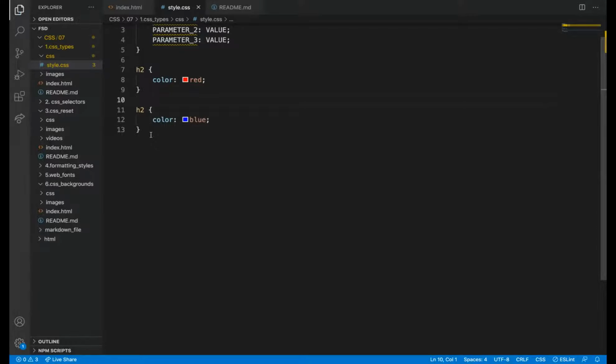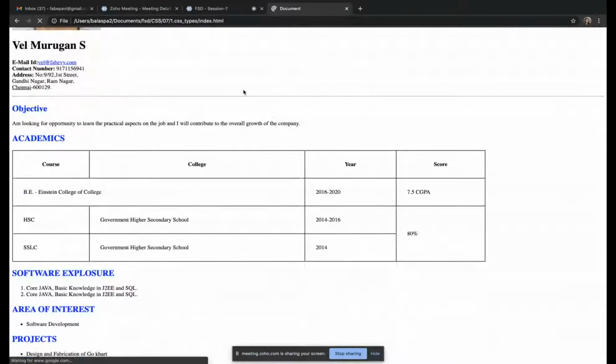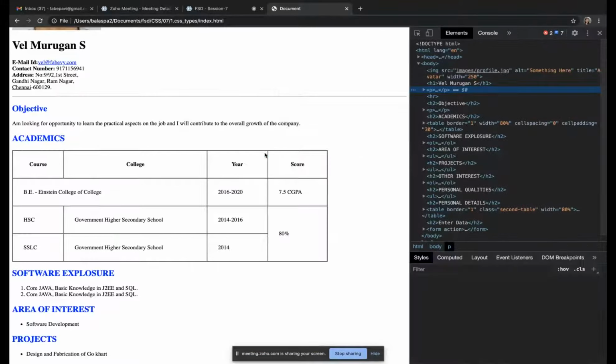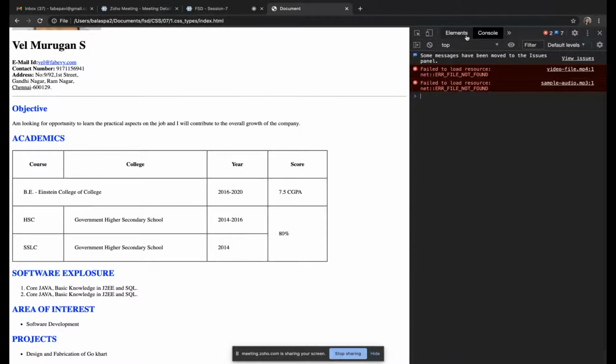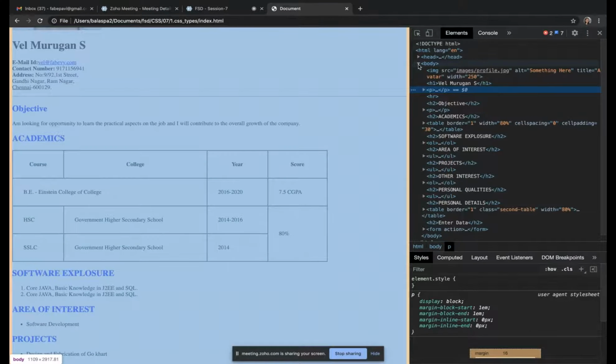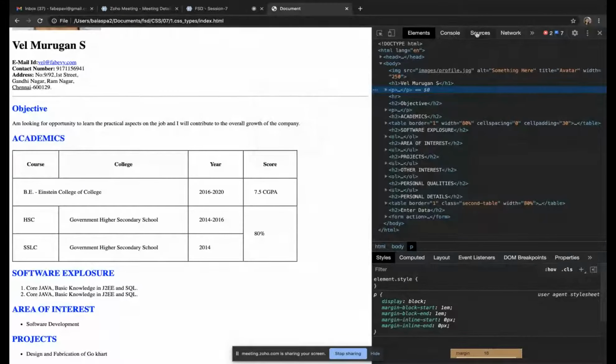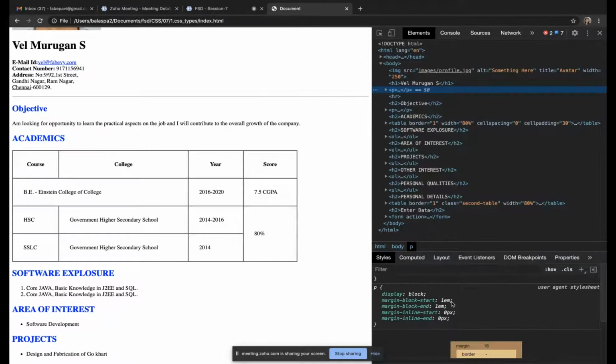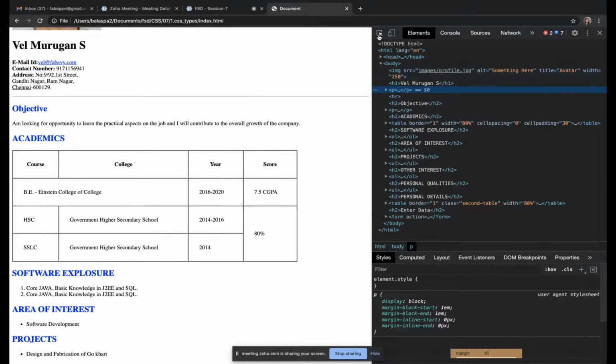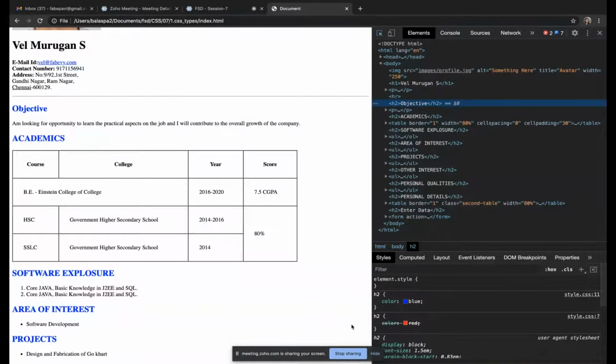So the styles we add at the last will get applied. Here, try to use this inspect tool. Without this, we can't design a page. So right click on it, inspect, and then here you can see the styles. I'm inspecting the H2 tag. H2 first got red applied, and then it got struck out because there is another style, blue.